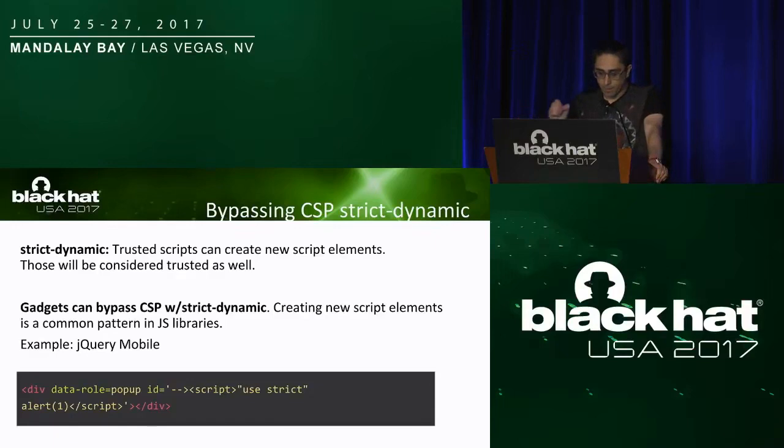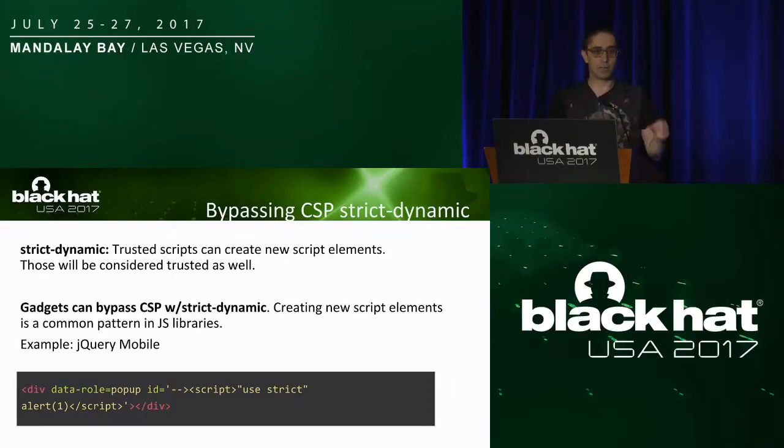When jQuery Mobile inserts this ID attribute into the web page, it defers to the jQuery HTML function. And the jQuery HTML function is a wrapper over innerHTML assignment with one exception. That exception is that it looks for script tags in the string and creates them dynamically instead of just passing them to innerHTML, because